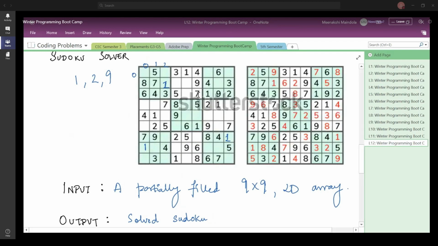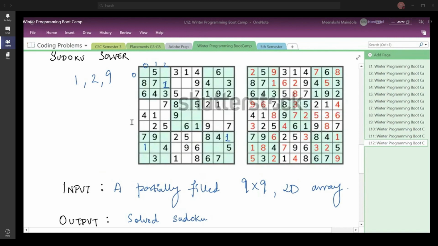So there is a difference here. There is a difference in actually being sure of which number you want to fill in at a particular position. Please focus here, this thing is important.